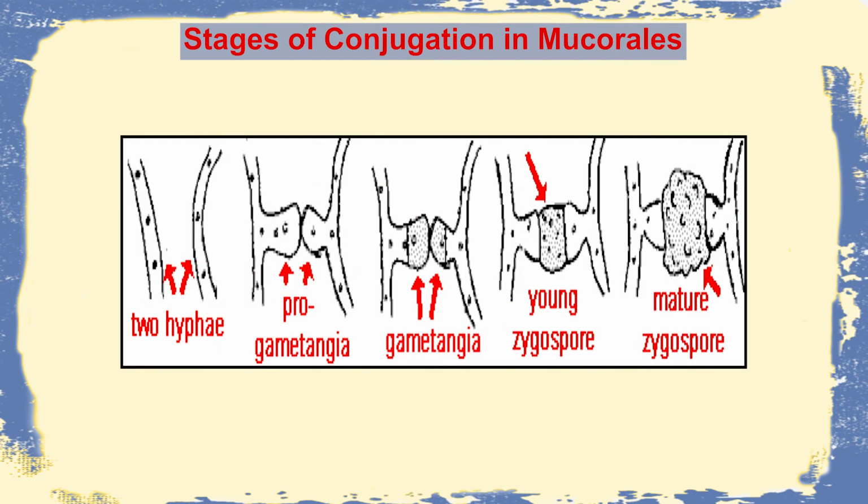But in Mucor, we have a unique type of reproduction which is called gametangial copulation. It means two mycelia will come close to each other, they develop a lateral protuberance which will fuse and produce a diploid structure or zygospore which will germinate to produce a mycelium again. So this type of reproduction is called conjugation, also called gametangial copulation, because there is no specific difference between the male and the female reproductive structure.